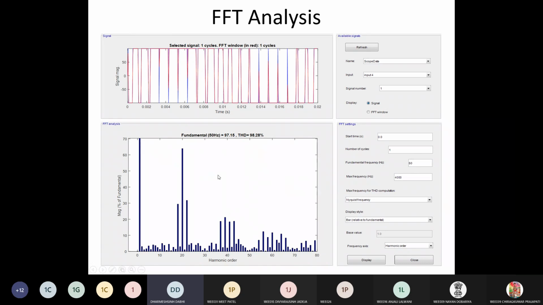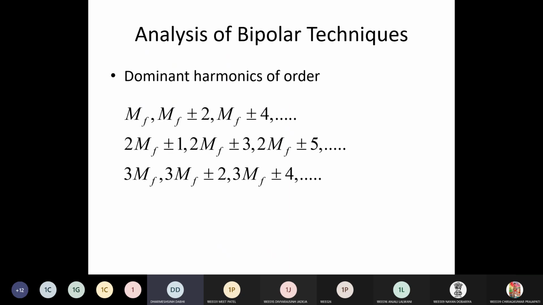So in short, by the FFT analysis, you can check that in the bipolar technique, you get the higher order harmonics with high amplitude, but the lower order harmonics like 3, 5, 7 all have a value nearer to 0. Clear? So it means that you require a small size of filter if you design the inverter with the bipolar technique,